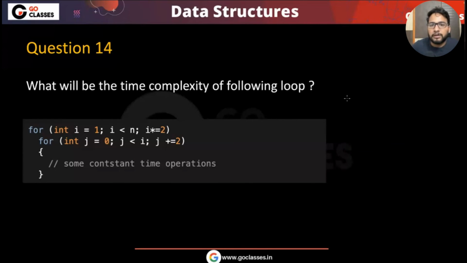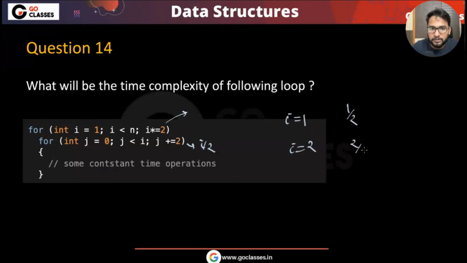Okay. So what is the time complexity of the following loop? This is log n times. This is divided by 2. I think they are going to run i by 2 times. For i equal to 1, this is 1 by 2 times. I mean, it won't run actually. Oh, I mean, 1 by 2 means it will run 1 time. Anyway, for i equal to 2,